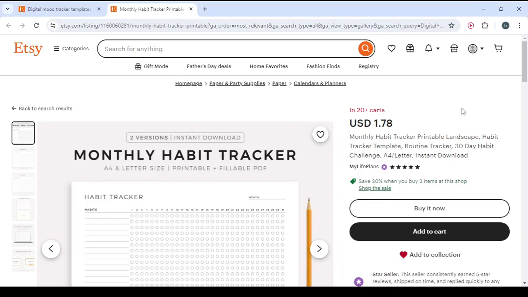So guys, I'm going to talk a little bit about the differences between digital products and physical products, and the reason that made me prefer to work on digital products more than the physical ones. When it comes to physical products, you will have to deal with a lot of difficulties, starting with getting the product from the manufacturer or the seller, then stocking the product, packaging the product, delivering the product, looking for a company that offers fast delivery,